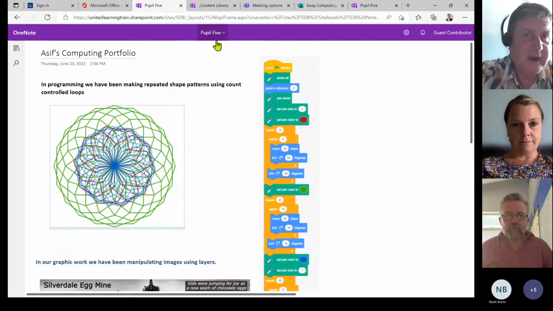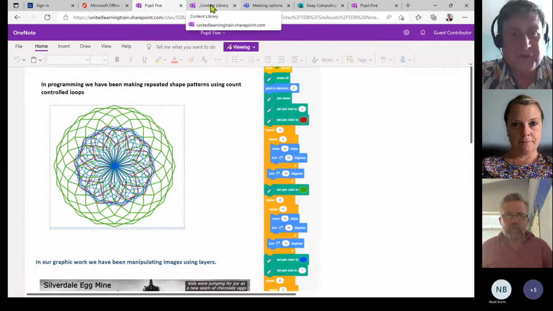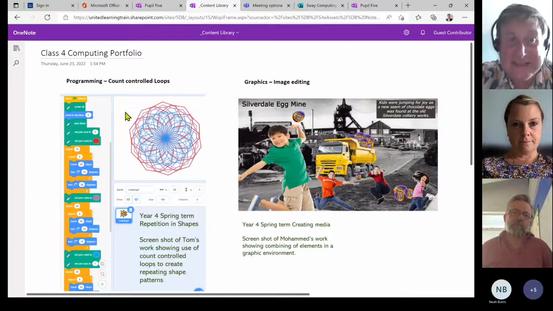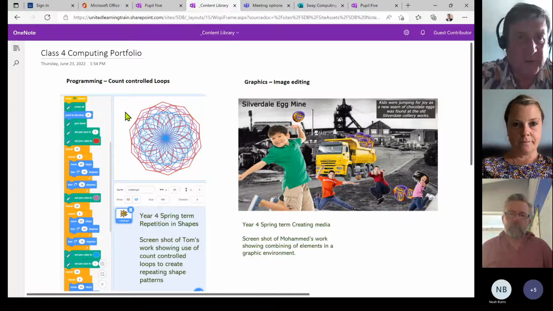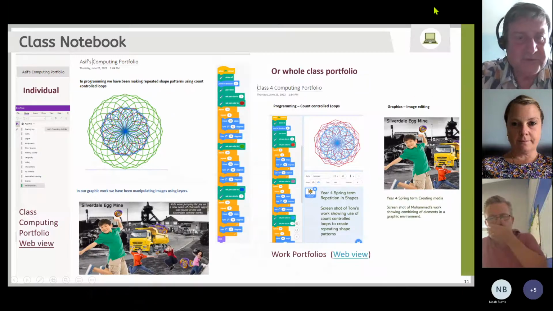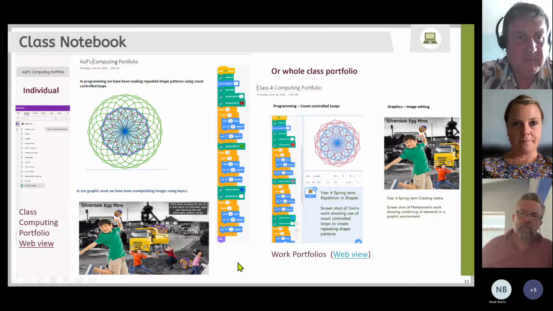And in the same way, if you wanted, rather than an individual one, a class one, then you have a content library in Class Notebook where you could put just examples rather than every individual pupil having one. So there's just a few ideas in terms of what's available to you to start, if you like,